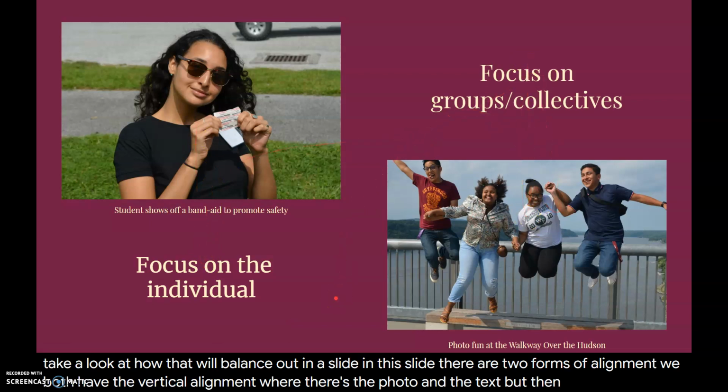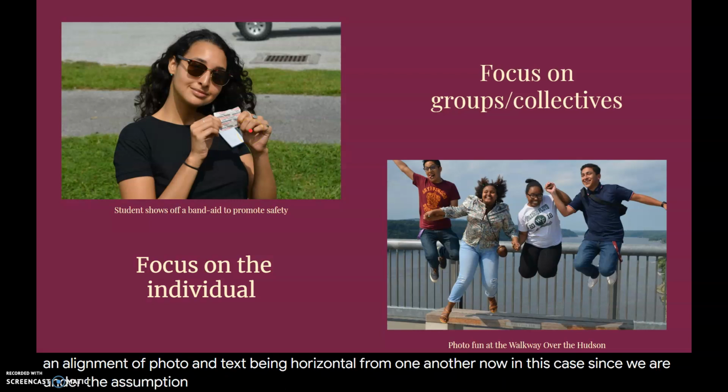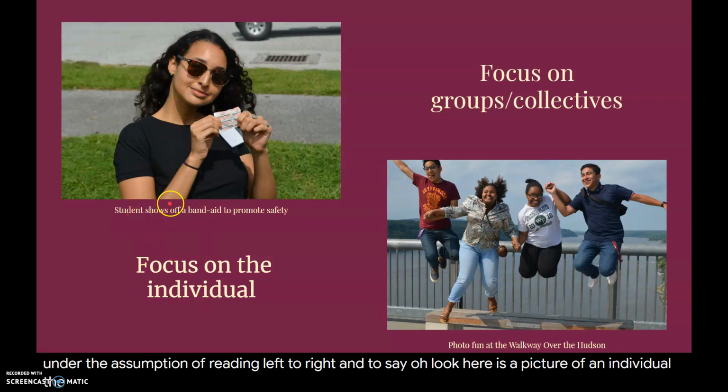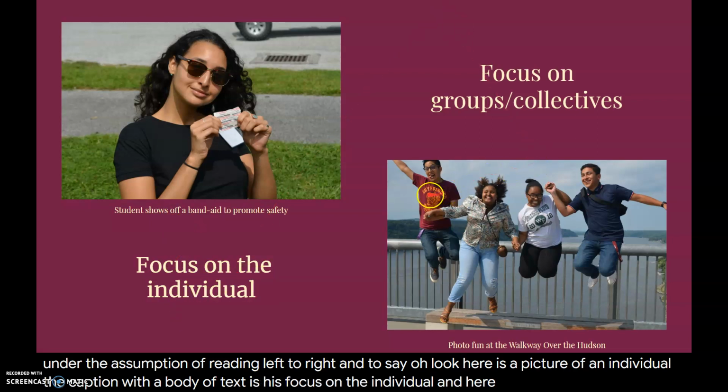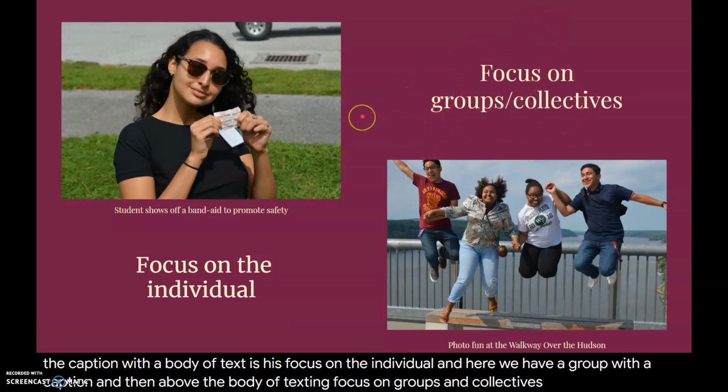But then similarly, there's an alignment of photo and text being horizontal from one another. Now in this case, since we are under the assumption of reading left to right, I'm going to say, oh look, here is a picture of an individual, the caption, with a body of text that says focus on the individual. And here we have a group